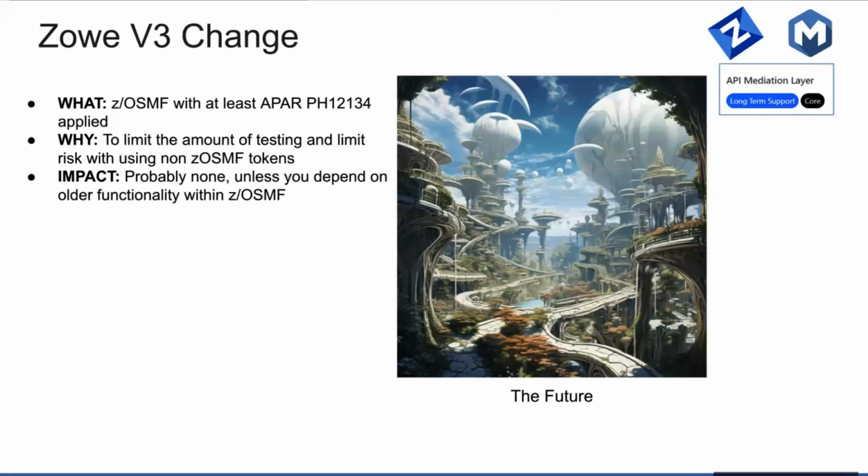We will be pre-requiring specific requirements for ZOSMF. The main area for us is to make sure that the ZOSMF that we work with supports JWT tokens. It specifically means that the APAR PH12143 needs to be applied. The reason why we are doing it is twofold. First, it limits the amount of testing that we need to do. And second, it